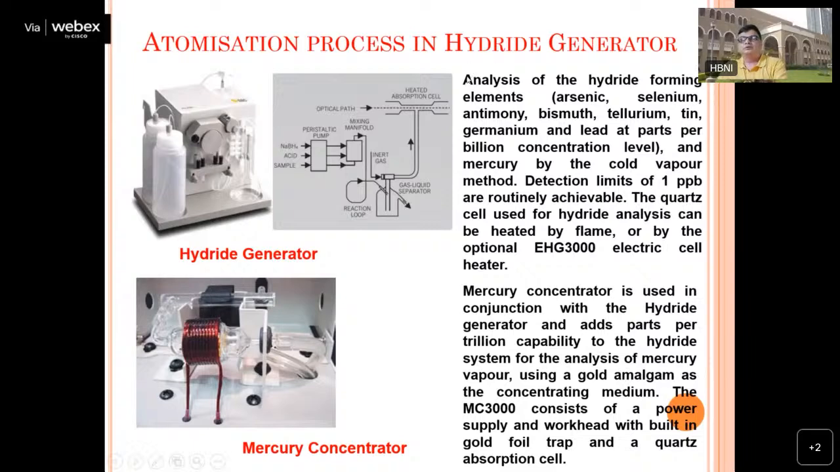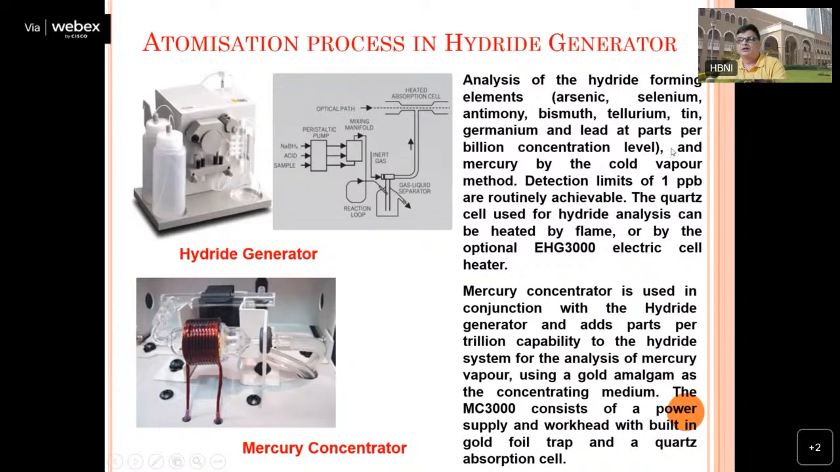So as I told you, these are the parts where we generate this hydride generator. So in the hydride generator, there are certain hydride forming elements. What are those elements? Arsenic, selenium, antimony, bismuth, tellurium, tin, germanium, and lead. And with these we can do the analysis at a very, very low level, that is the ppb level,